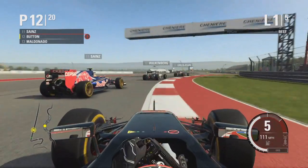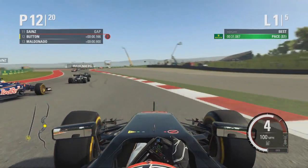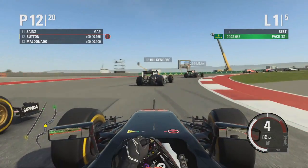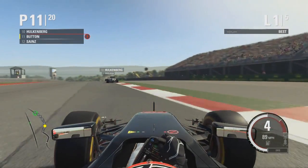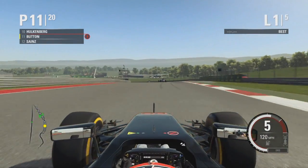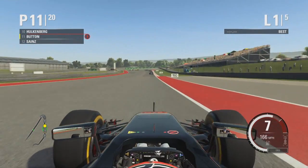Got to make sure that you don't hit the car in front of you there. Very close to Carlos Sainz. We look to the outside here. That'd be a bit of a weird move, but we're down the inside of him now as the next corner goes back to the inside, but we're side by side still with Carlos Sainz. It's round the outside, I think slightly off the track, but into 11th position, and already we've made a whole